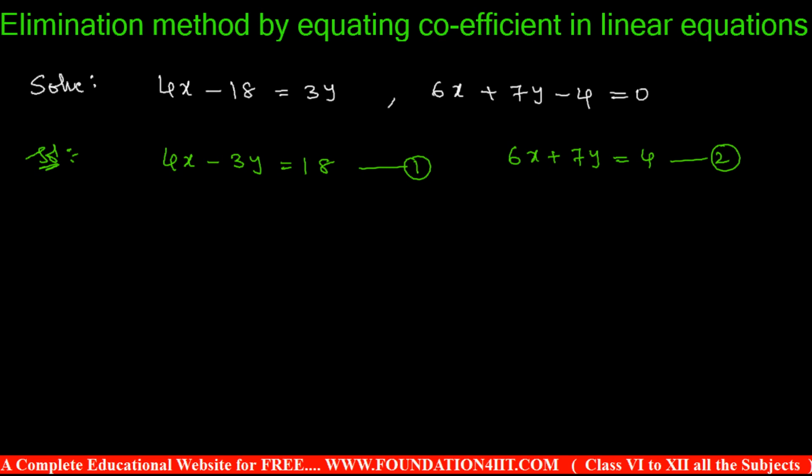Okay, now we need to observe the x coefficient is 4 and the x coefficient is 6. 4 and 6 are not the same. Now we should make them the same. For that you can take 4 and 6, find the LCM. Just take 4 comma 6, find the LCM. 2 2s are 4, 4 3s are 12. No common. So the LCM is equal to 12 now, right?